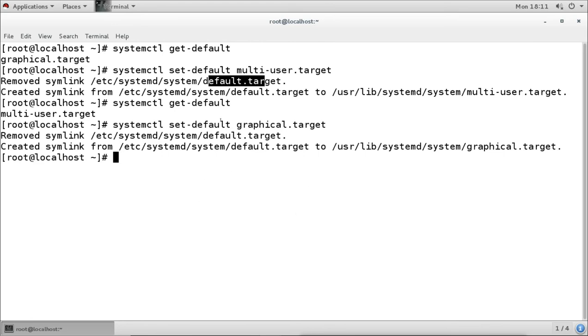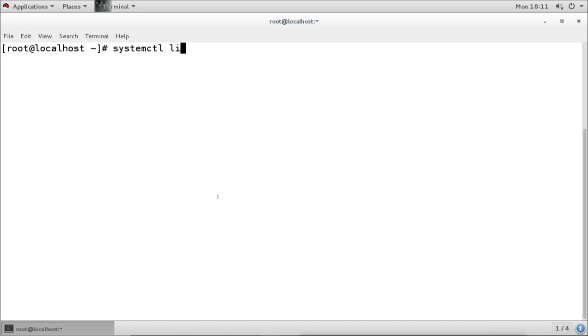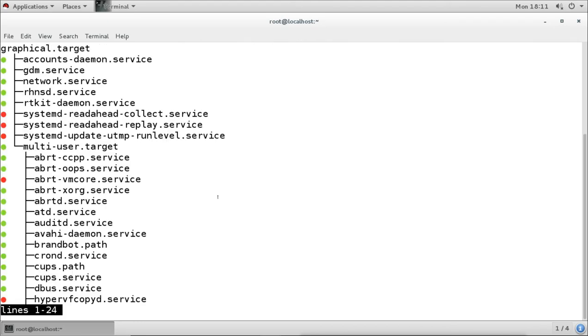For checking the dependencies, we can use the command systemctl list-dependencies, and then say I want to list the dependencies of graphical.target. So it shows all the dependencies here.